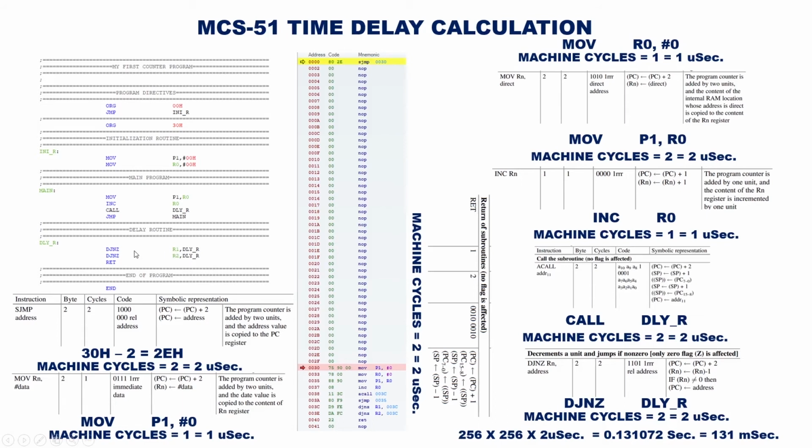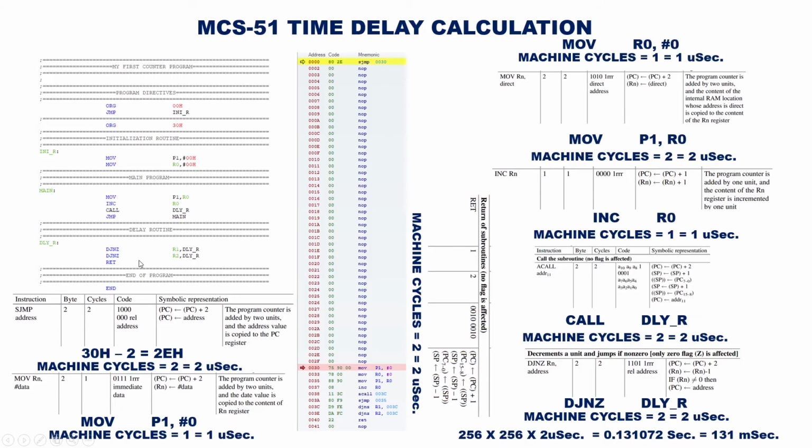will be 0 after 256 steps, then the program will come to the next line, that is DJNZ R2, delay routine. It will decrement R2 once and go back to the delay routine, and again it will decrement R1 256 times, then come to the next line, R2, and decrement R2 once again and go back to the delay routine. Here we call it delay in delay, so it will produce a delay. So how much will be the length of the delay of our program?